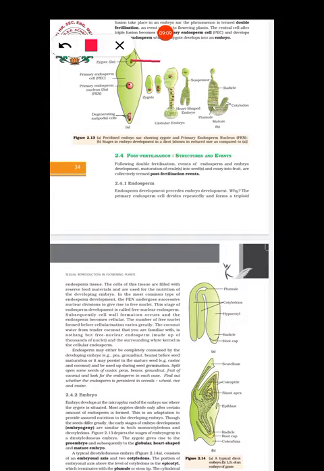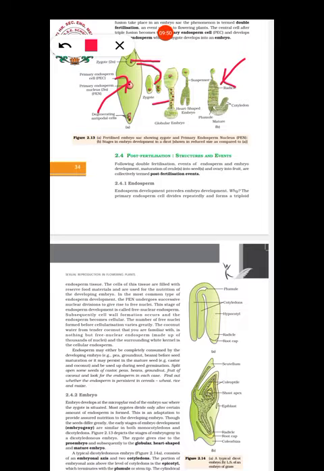Okay, so you can see that the egg cell will divide to form what? Egg cell fuses with the male gamete and forms the zygote. The zygote will develop into the embryo. Okay, so a number of divisions happen in them, and they will convert into a typical embryo. And what happened to the endosperm nucleus? This primary endosperm nucleus will divide and form the endosperm.